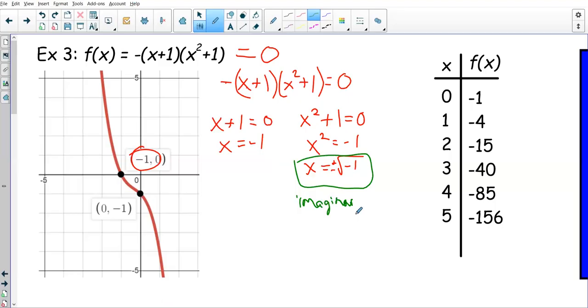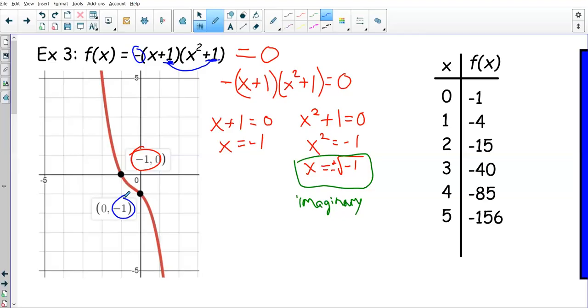Because I'm trying to take the square root of a negative number. And so in this case, this function only has one real root. If I think about how to get the y-intercept by looking at the algebraic expression of it, when I multiply through the x plus 1 times the x squared plus 1, I don't have to actually multiply all the terms out because the constant's going to come from the 1 times 1, and then there's a negative sign out in front of it. So 1 times 1 gives me 1, times negative 1 gives me negative 1, and there's my y-intercept of this